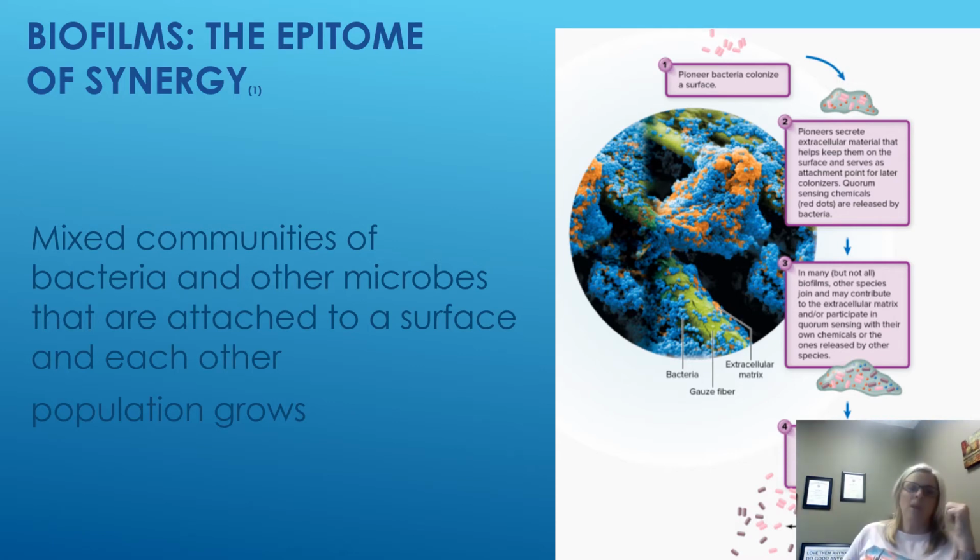But what happens with a biofilm is you may have a pioneer type colonizer. So the first one is going to go and attach to the surface, and then other microbes are going to attach to those bacteria or to a sugary protein substance secreted by the colonizers, and that's going to allow them to attach and stay there. And then they're going to undergo, and this is part of the title that I was just forgetting, quorum sensing,